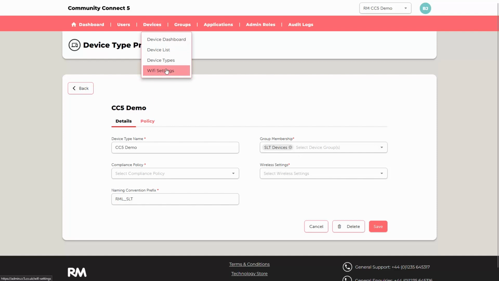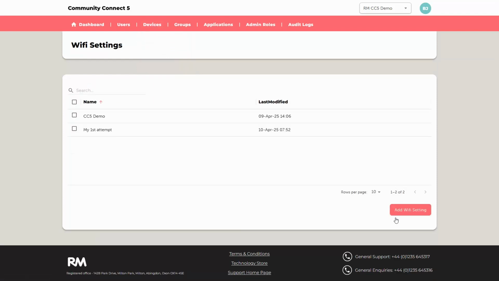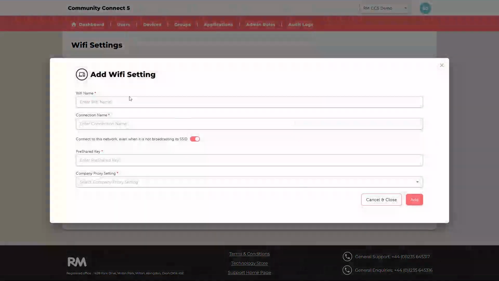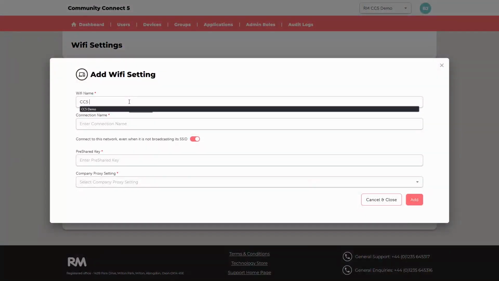Next in devices, we have our Wi-Fi settings. If your environment has multiple wireless networks, perhaps to separate devices onto different VLANs, you can define each of your wireless networks here. If we add a new Wi-Fi setting, we can specify a name for the connection,